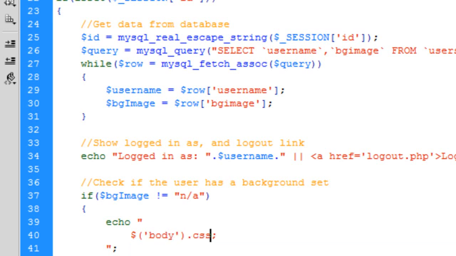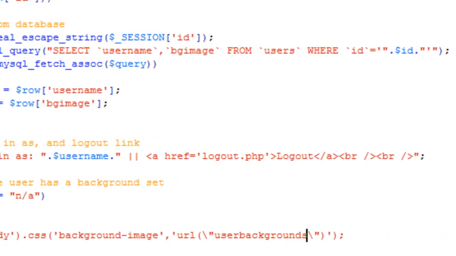We're going to change the CSS. We want to change the background dash image, and we want to put in there the URL, and is it backslash? Yeah, and we want to put in there the user backgrounds folder slash